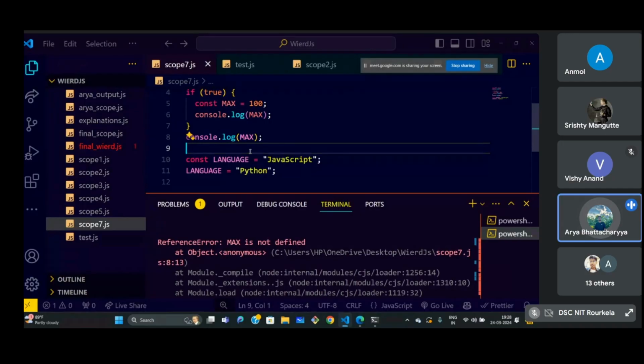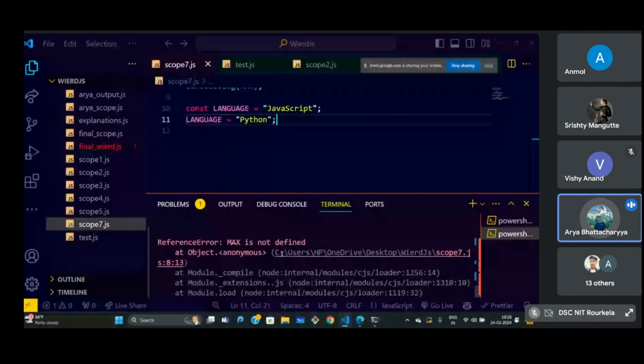Then another catch is that const is non-reassignable. If I have assigned a value cat, I cannot assign a value dog to a constant animal. I cannot assign dog and then in the next second think of making it cat again. That is not possible in JavaScript or any particular language. So whatever we have assigned, that value holds for the rest of your block. As long as this language variable is living, this will always be JavaScript and not Python. So language equals Python can never happen, because language means JavaScript.